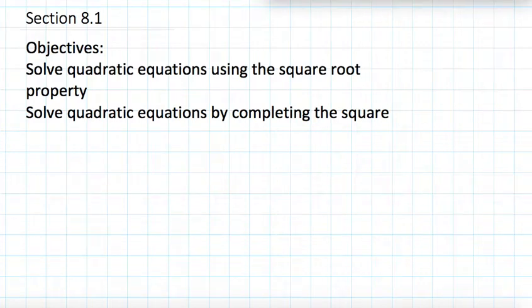This video is for section 8.1. Our objectives in this section are to solve quadratic equations using the square root property and solve quadratic equations by completing the square. So back in section 5.7 we talked about solving quadratic equations by factoring. In this chapter we're going to look at a few other methods for solving quadratic equations, starting with